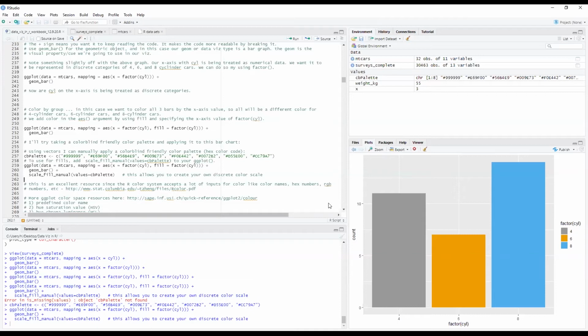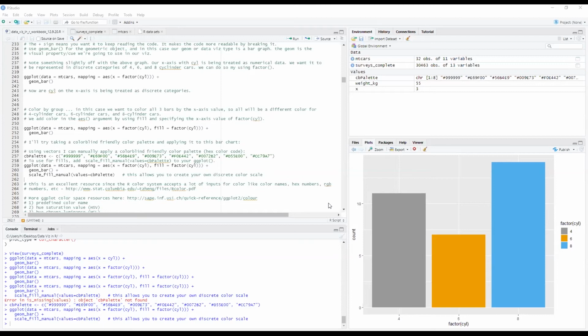Do you have any suggestions to find colorblind friendly palettes? You should be able to Google them. I think there are some particular websites out there. There's one particular one that I can't remember off the top of my head, but I can find it for you. It's from, I think, UPenn or University of Pennsylvania, or one of the Pennsylvania universities. There's a kind of well-known color visualization resource that people use. So take a look at that. I can follow up if you have more specifics about it.